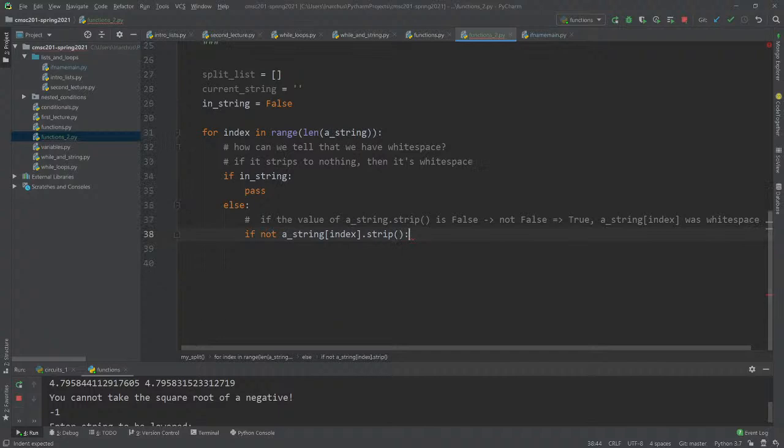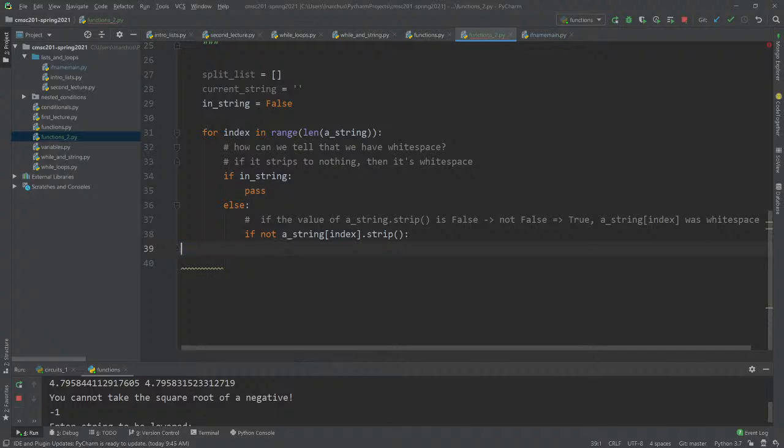So if it strips out all the white space, then we know that we had an empty string. And if we started with a single character, then it had to have deleted that character. So we're being very lazy here. There's other ways to do it. This is just the way I'm going to do it for now. So if the thing is equal to white space, and we are not inside of a string, then we do nothing actually. I don't think we do anything.